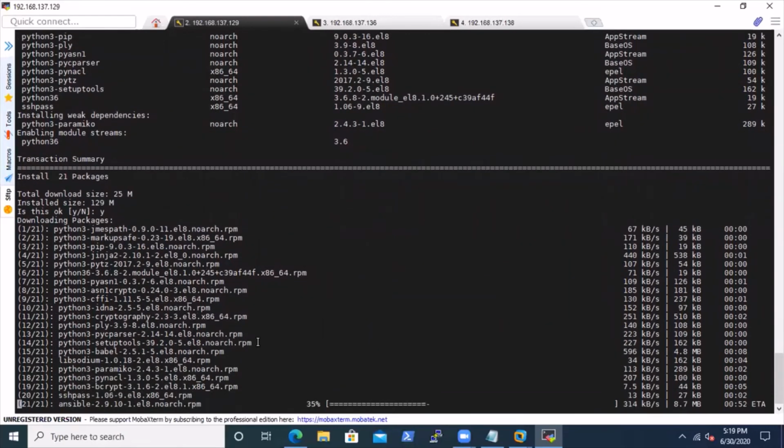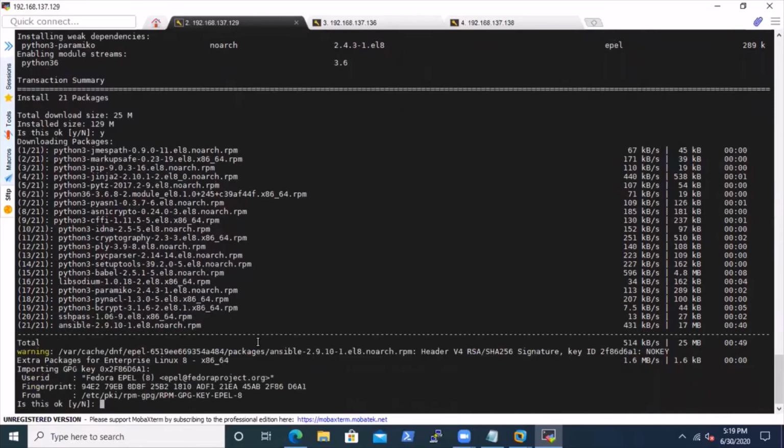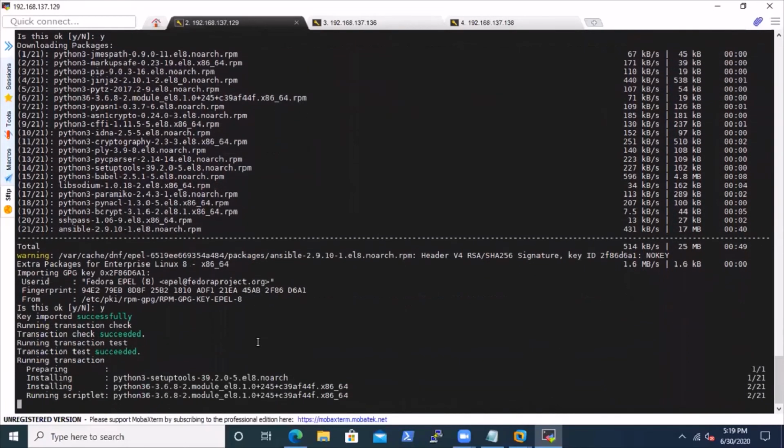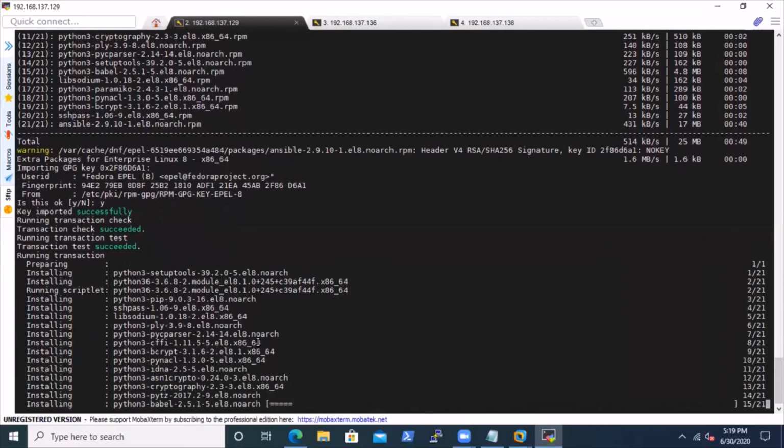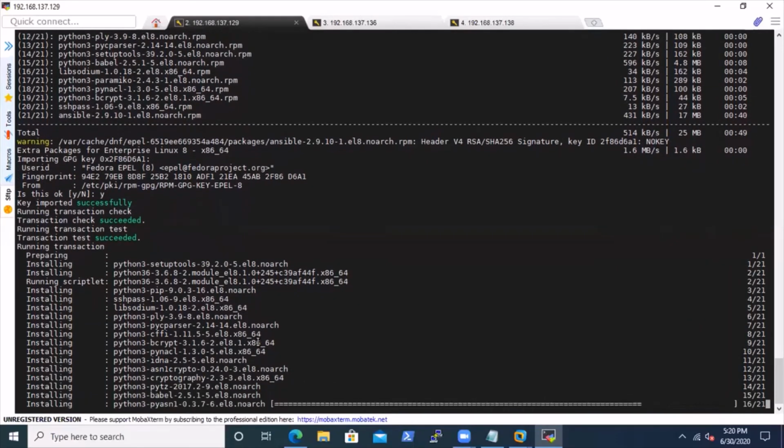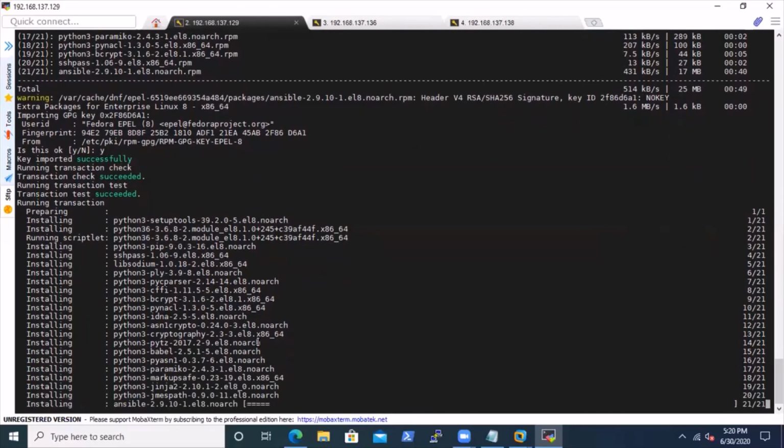In the meantime, let me tell you that this is going to be the end of part 1. In part 2, we are going to prepare all the nodes so that we can deploy the cluster. Okay, successfully done. We'll also create an authentication mechanism with these 3 nodes, that is SSH keys, so that they can access each other without any passwords using a fingerprint. All of this is in part 2.